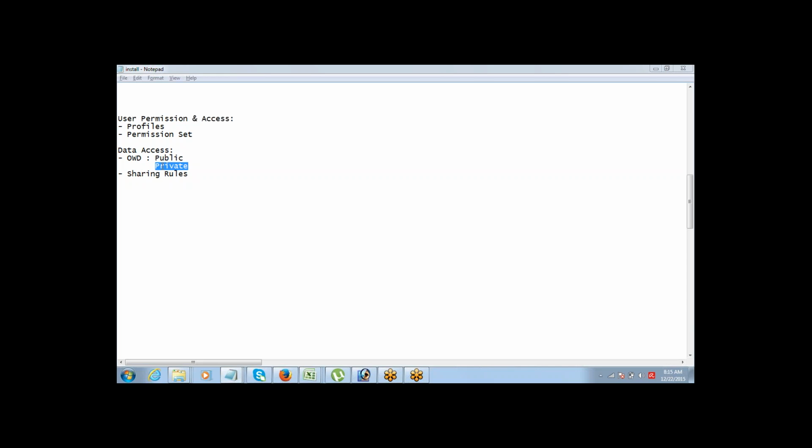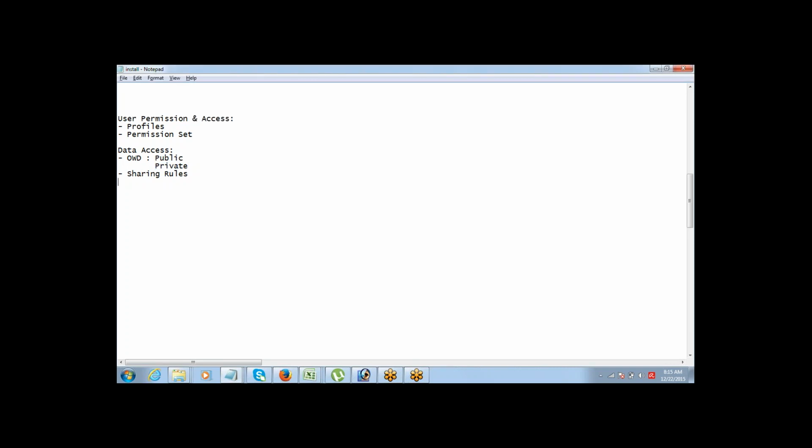If I get affected by it, then how will I manage data for other users? I might need to do data import for others. I might need to do data updates for others. Got it? So some roles or users need to be kept out of this OWD private setting.